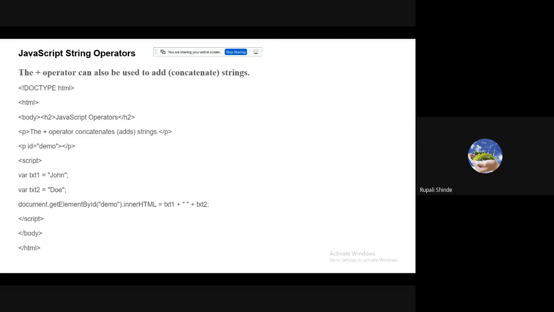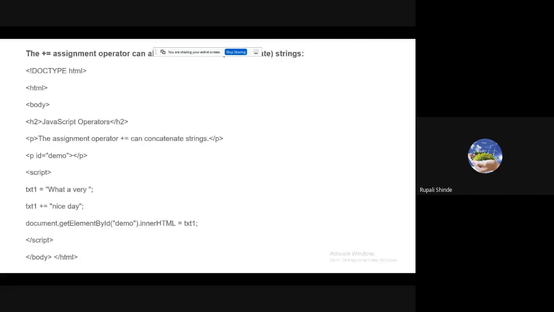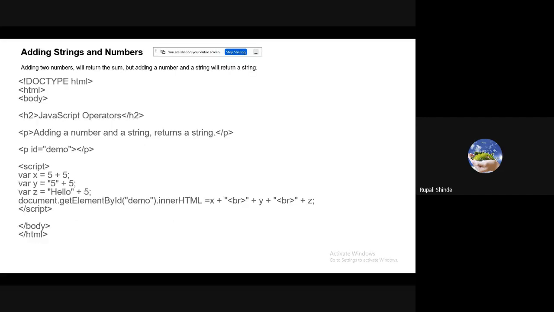Then we have the string operator, where we can use the plus operator to concatenate two strings. Then plus equal to is also used to concatenate strings. We can add a string and a number, but whatever result is generated is a string.